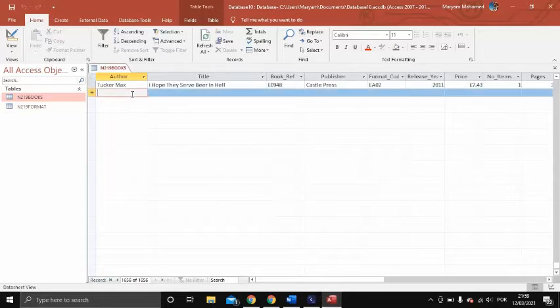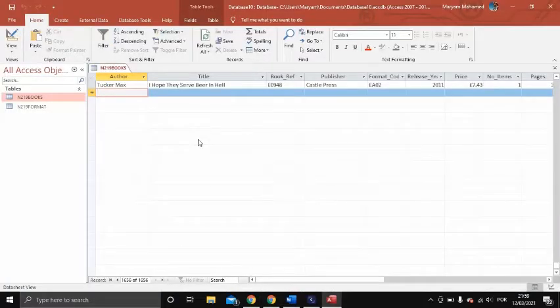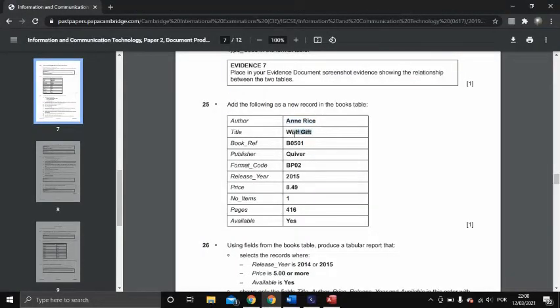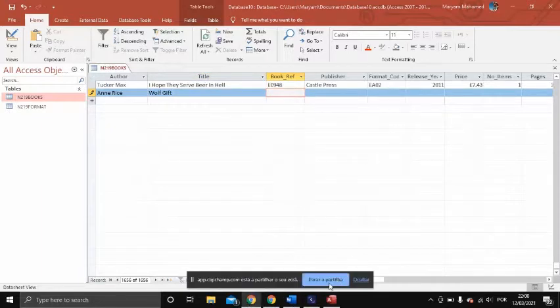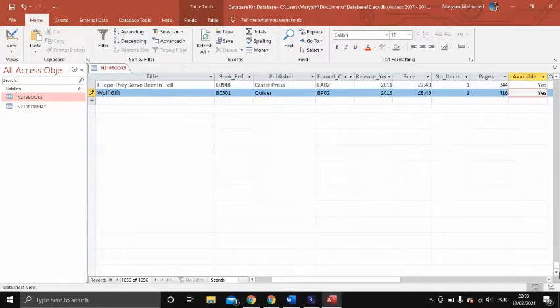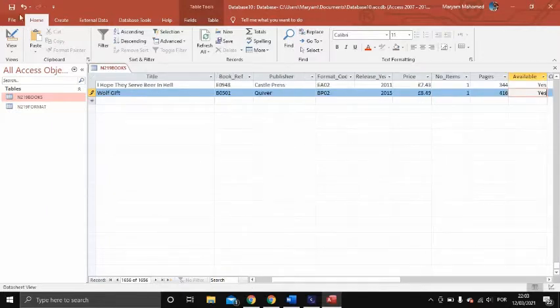Basically here I'm going to do it like this. Control C, Control V, and so on. So I've just inserted all the data, as you can see,